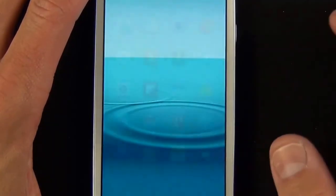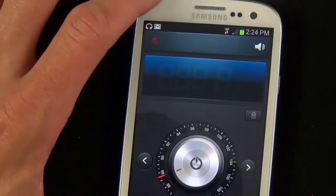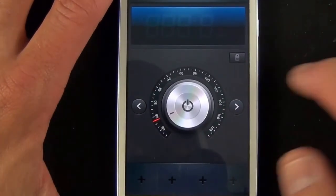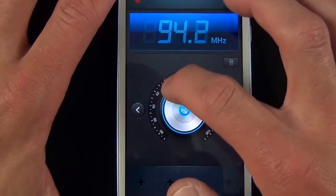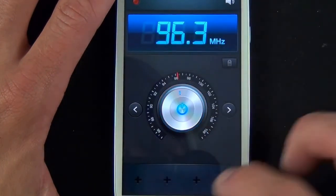Now taking a look at the FM radio app, indeed there is an FM tuner in the Samsung Galaxy S3, so all you have to do is connect a pair of headphones, any pair of headphones, and that will act as the antenna. So here you can just tap to turn on the FM tuner, and you can sort of dial around. So if you want to pick a station, let's see, 96.3,